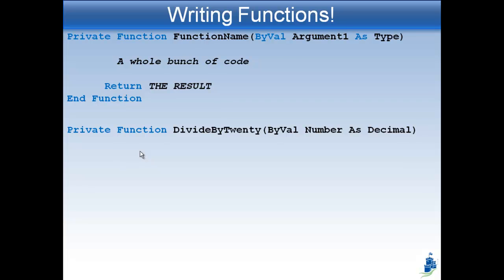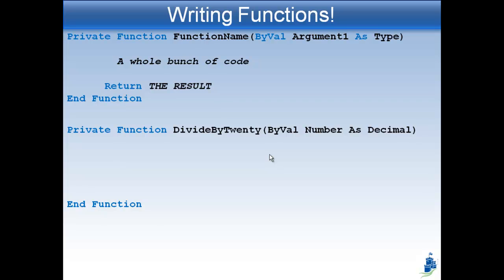So this is a function that I've written that's called divide by 20. And what it's going to do is take one argument. It's called number, so ByVal number As Decimal. It's going to take a decimal in called number. Okay, and at the end we write End Function. So again, we start by writing Private Function, and we have End Function at the end. The name of this function is divide by 20. And it's taking one argument by its value, a number as a decimal. It's called number. Okay. And if we want this function to divide by 20 and then return the answer, we